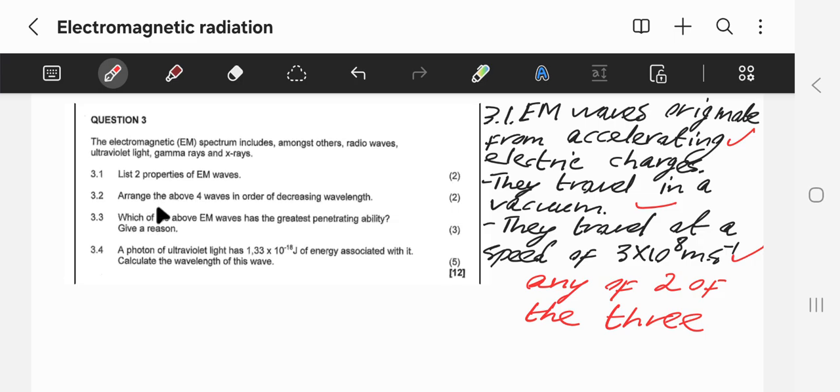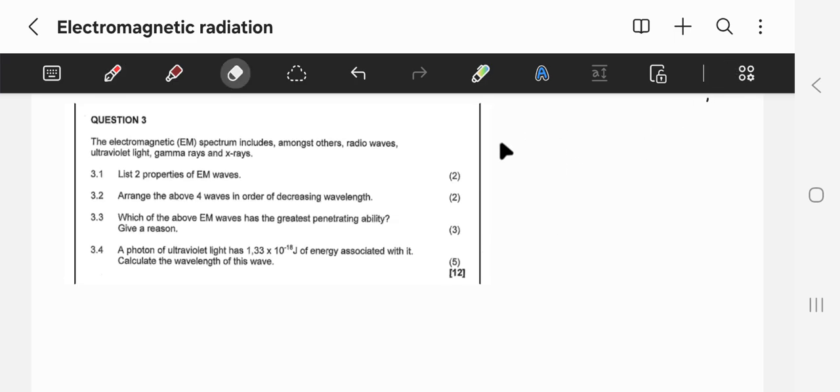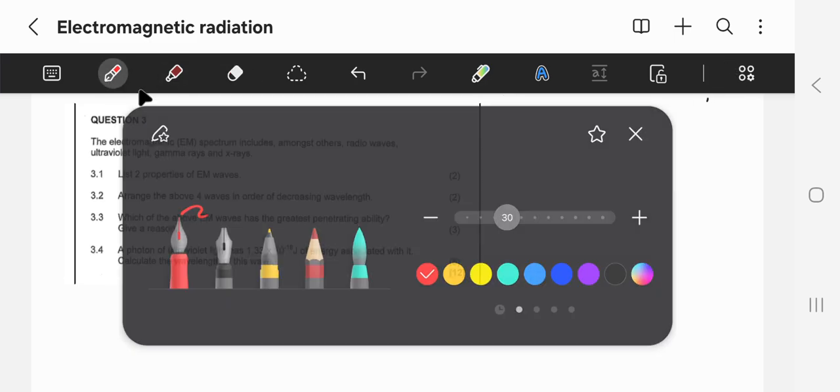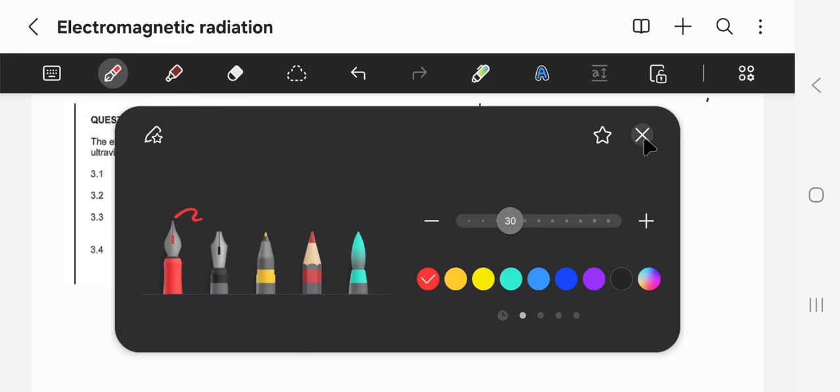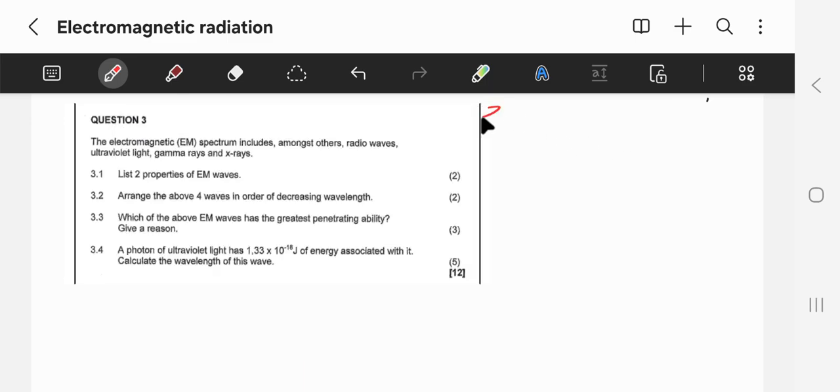3.2 says arrange the above 4 waves in order of decreasing wavelength. Okay, for us to answer this question, guys, 3.2, what we are going to say is that